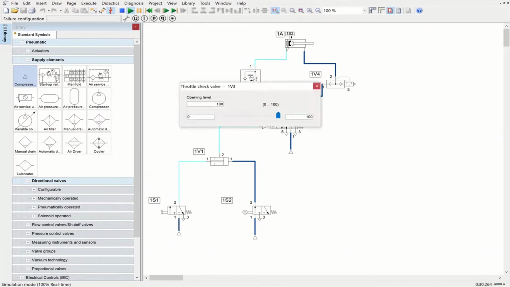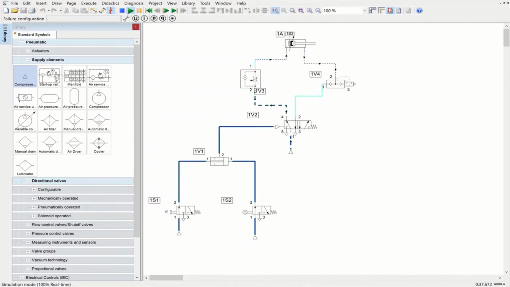And if we change the opening level here a bit, let's make it 5, and now if we push this, you see it is taking a bit to return back to its initial position. You see, so with the use of the throttle check valve, we are adjusting the speed of the retraction, as you can see in here. So that is how we use a quick exhaust valve inside a pneumatic circuit, and how it functions within a pneumatic